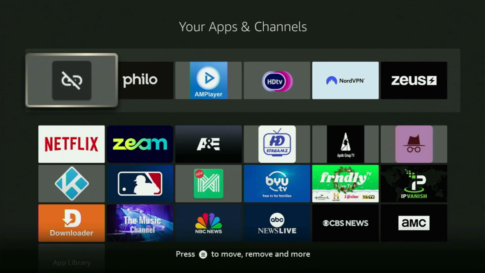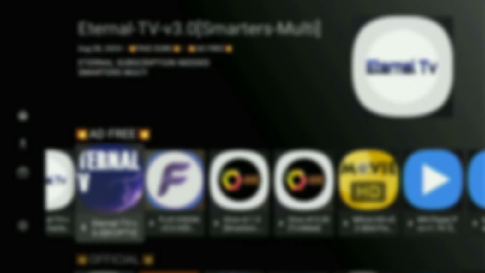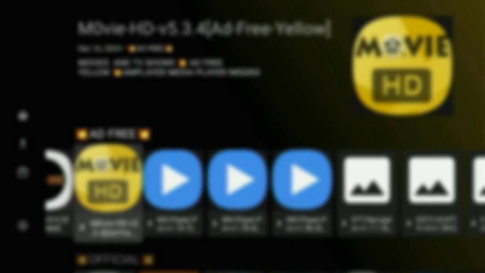Hey, how's it going? Today I'll show you how to get and set up Unlinked application on your Firestick, as well as the best codes to use there. This way you'll get access to hundreds of apps which are not available in your official Amazon App Store by default, and I'm sure you are going to enjoy them. And now, without any further ado, let me show you how to get and set up Unlinked on your Firestick